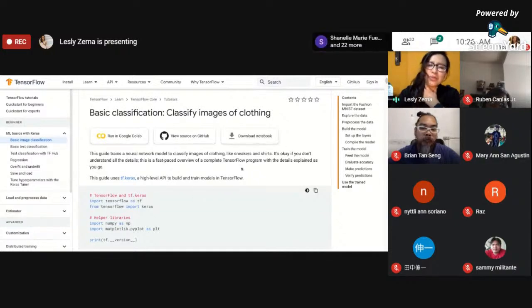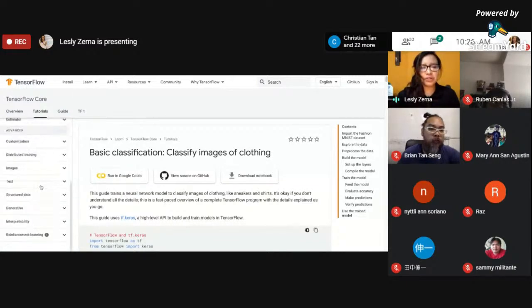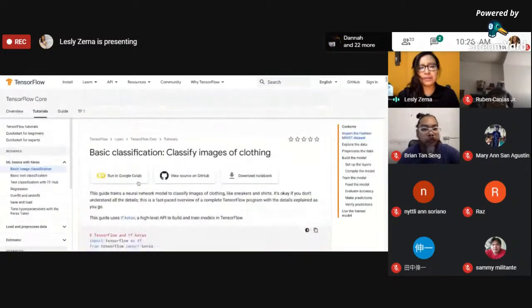You can also download the notebook and run it locally. Yeah, so they have different examples here. We're talking about intro, like hello world, basic image classification, text classification, TensorFlow Hub to see different model trains and regressions. Here's what I mentioned with the overfit, the underfit, saving your model to later use it, and so on. So it's really cool, and they have different languages. And yeah, so let's check this